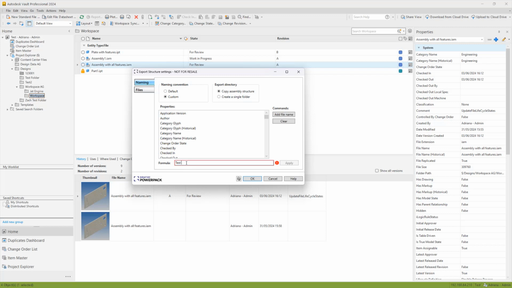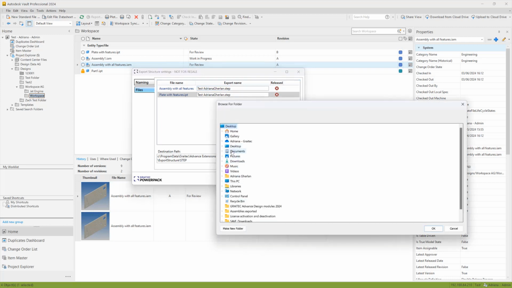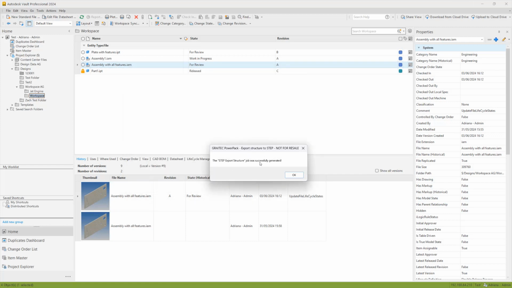So once you execute the command, the settings dialog will appear and you need to define the naming for the files. You can choose a default name or you can change it using the properties. Apply the name and then go to the next tab where you have the two files. And of course, the new option is a destination path that you can now set directly from the dialog. Previously it was accessible via an XML file, and basically you needed to edit an XML file to define a different destination path. By default, this path is set to program data folders,